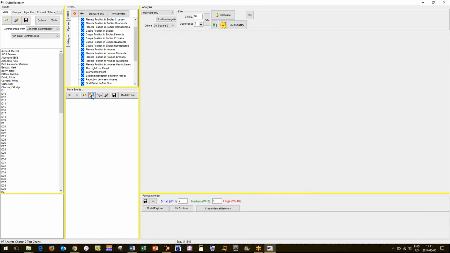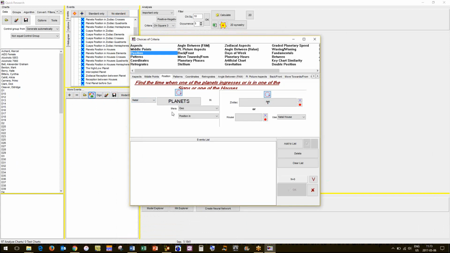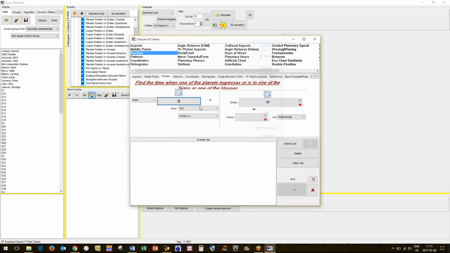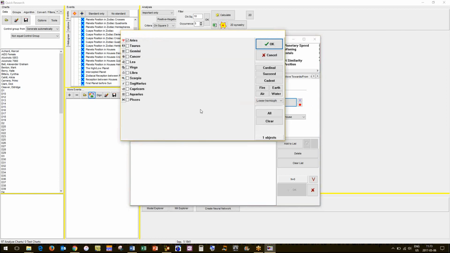So let's work through that again. We're going to call up this one. This one here allows you to do bulk characteristics or points. And you'll see there are two buttons up here. That's grayed out, that's light blue, that's light blue, that's grayed out. Now this means use all encompassing, and I'll show you that in a second. So first for position, we could clear everything. Since we're concerned with only Jupiter, we can just click on Jupiter, and as you can see, Jupiter comes up in there. Now we want to check out Jupiter in signs.